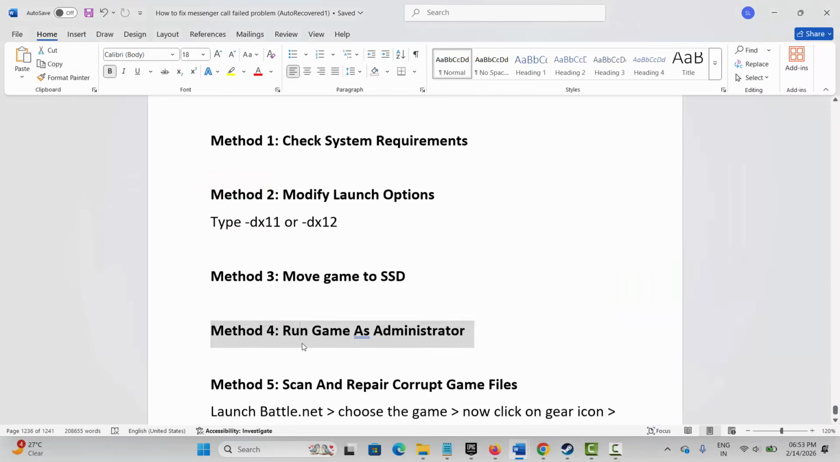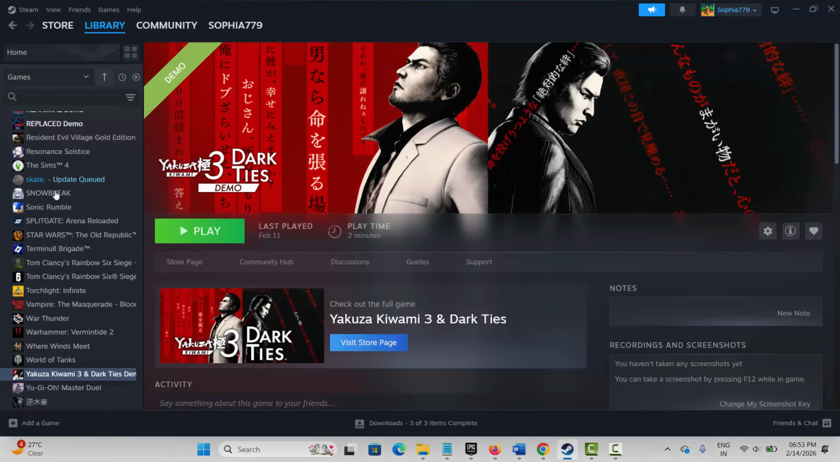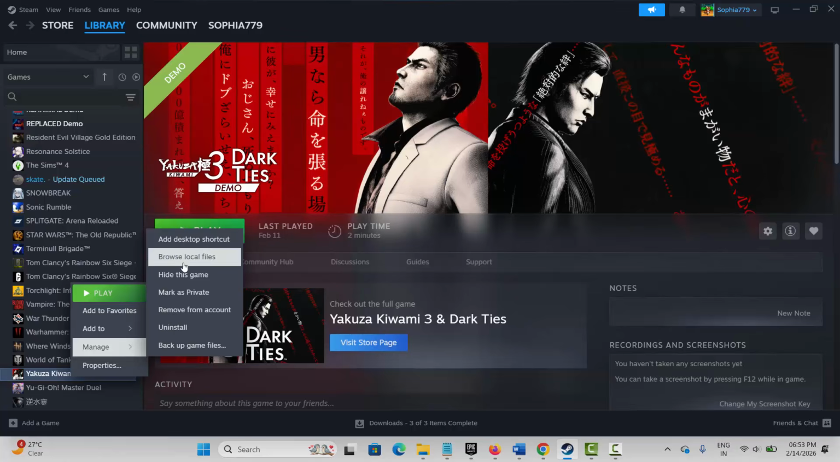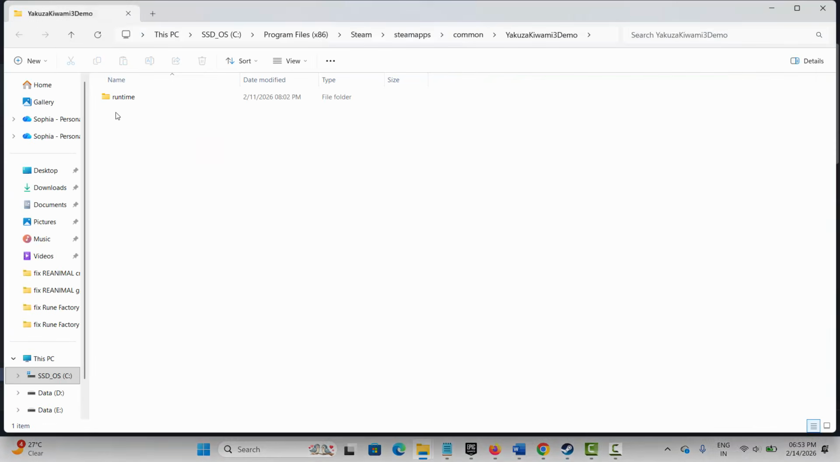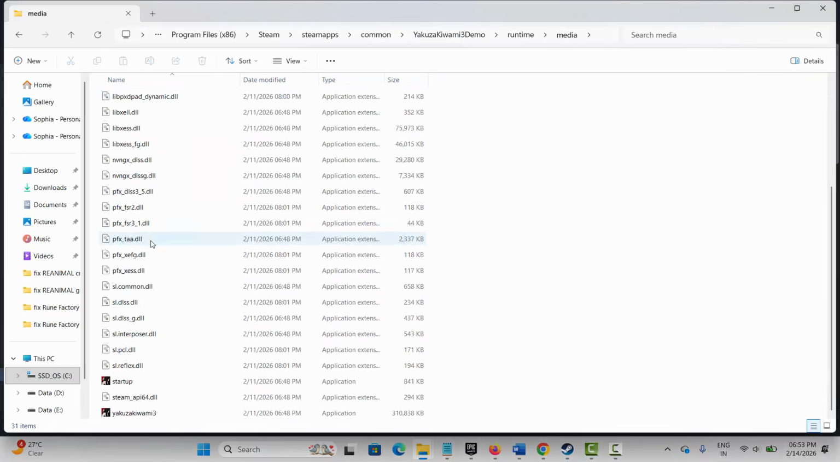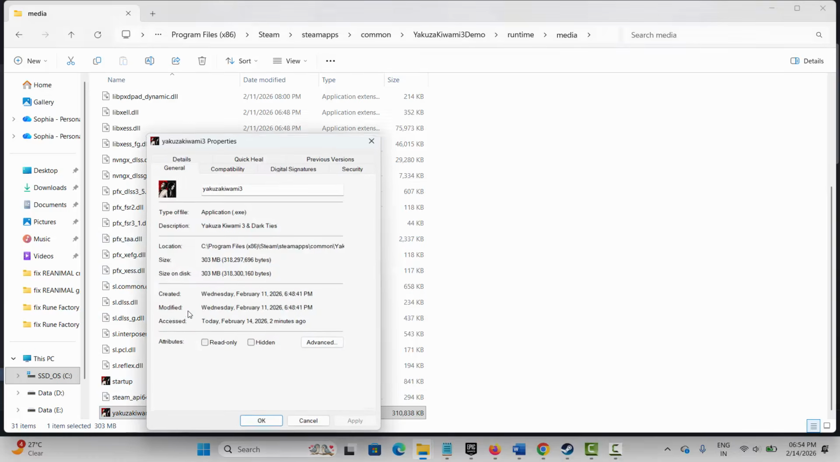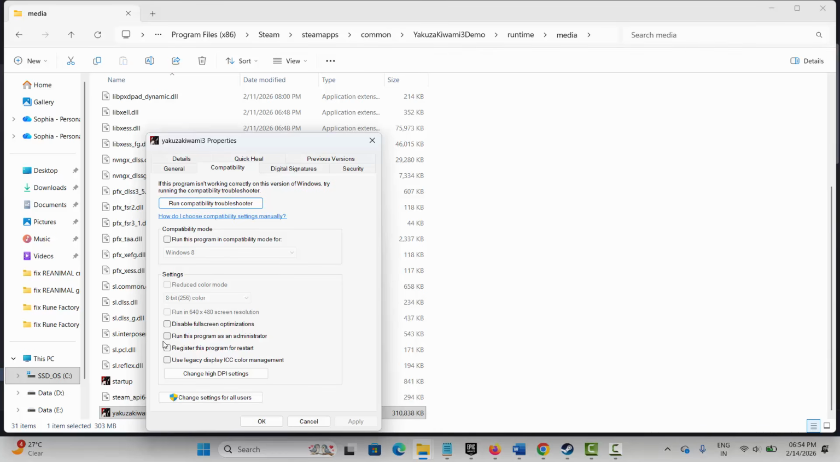If not, next is to run game as administrator. So for that, go to Steam, under library section, select your game, right click on it, click on manage, click on browse local files. Now this will take you to the game folder where your game has been installed. Select the game application, right click on it, click on properties. Now click on compatibility and here select run this program as an administrator, click on apply and OK and launch